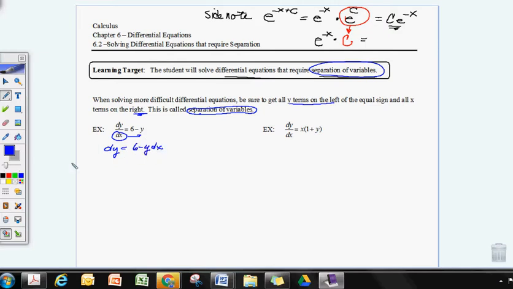And I all of a sudden see that this is not going to go well because I have some y terms here that I just put in the parenthesis and I underlined x terms. These have got to come to the other side. Now, some of you are going to say, oh, I could add or subtract. No. No adding and subtracting to move the stuff. We are literally going to divide by 6 minus y, so it's a similar type of problem like we did yesterday on the worksheet. So when I do that, I end up with dy divided by 6 minus y